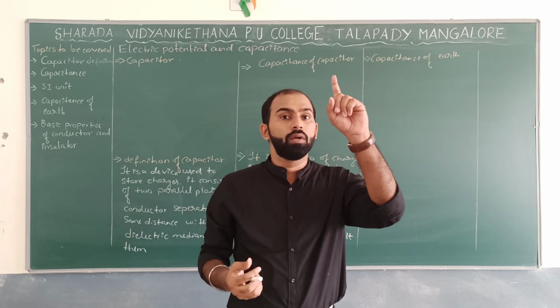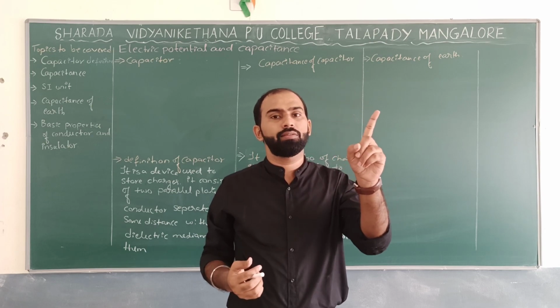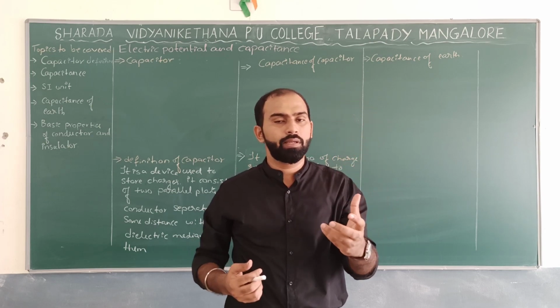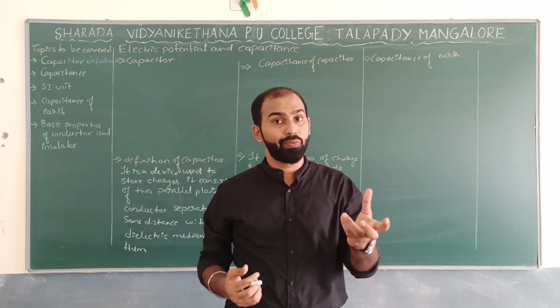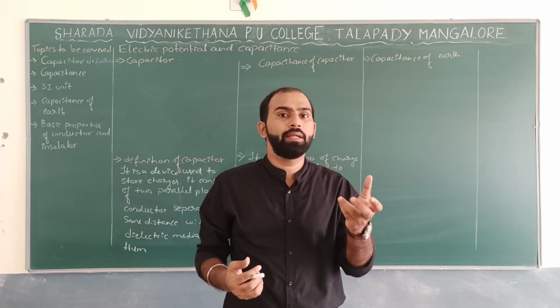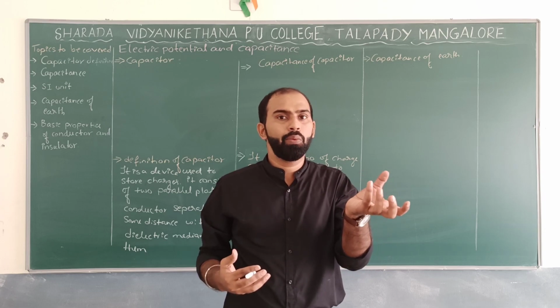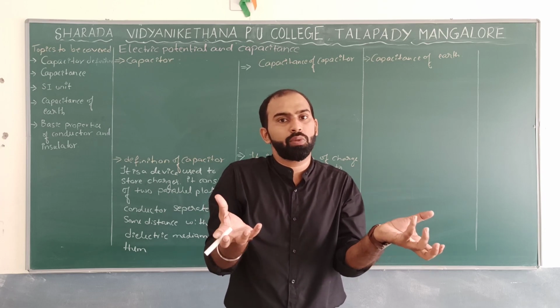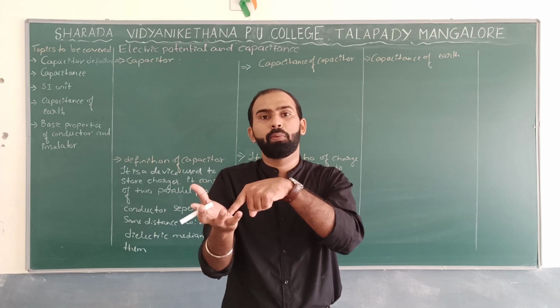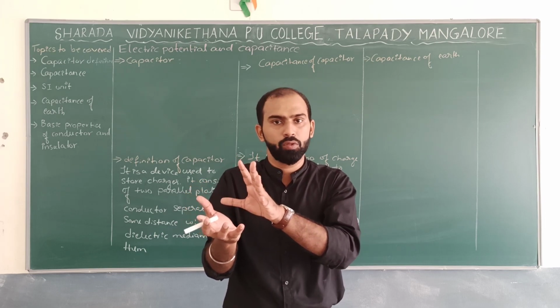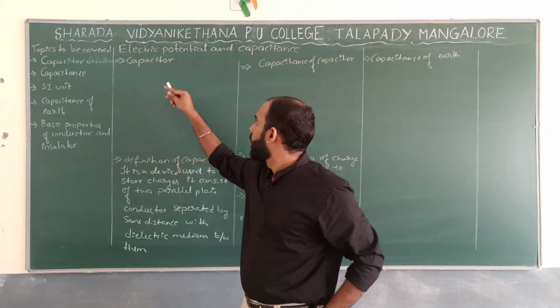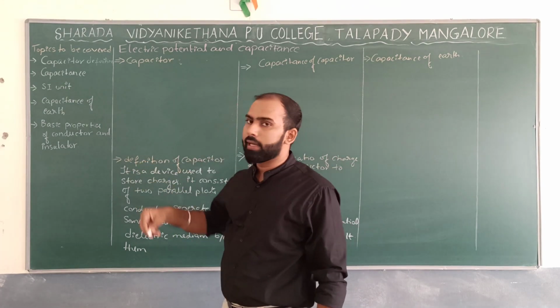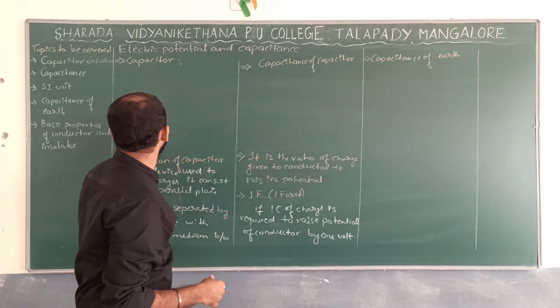Why? Because your battery consists of some internal resistance, it cannot give 1 amp at a time. But if I use the capacitor, it doesn't have any internal resistance. So whatever you have stored can be dumped directly into this bulb to glow it. This is the beauty of this concept. Now we will discuss one by one, which you can see on the board.